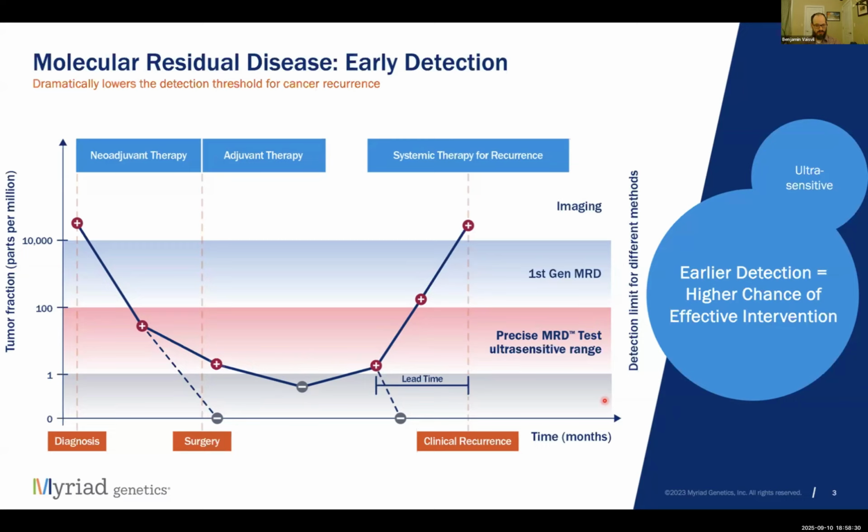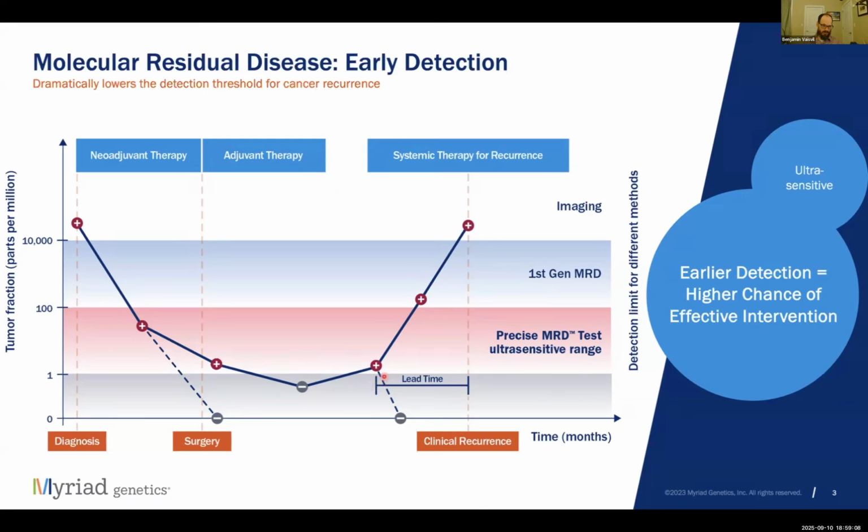Unique features that Myriad brings to MRD are the comprehensive and personalized whole genome sequencing tailored to a patient's individual tumor, with up to 1,000 variants that are used to build the panel for circulating tumor DNA detection. This offers us a few advantages compared to other MRD tests. Precise MRD is more accurate when the tumor is smaller, and not as much of the initial tumor sample is required to run this test. The assay supports multiple indications, including those such as breast cancer, which are low shedding. It can precisely quantify how much ctDNA is present, which is very important in determining whether a treatment is working.